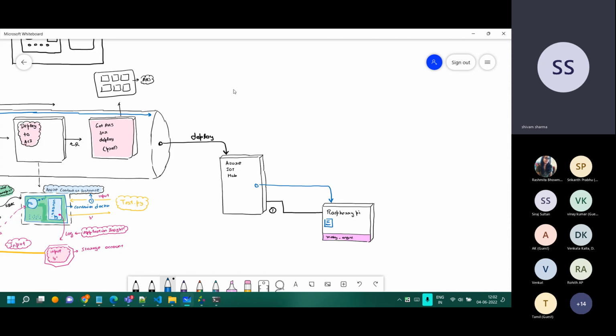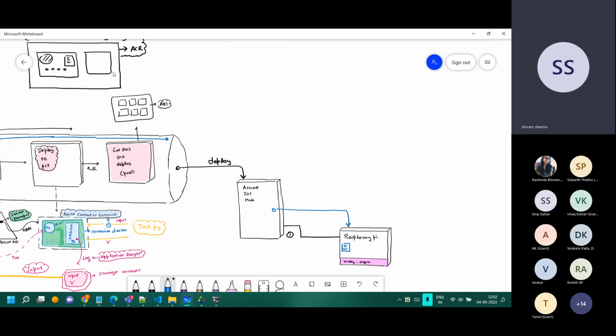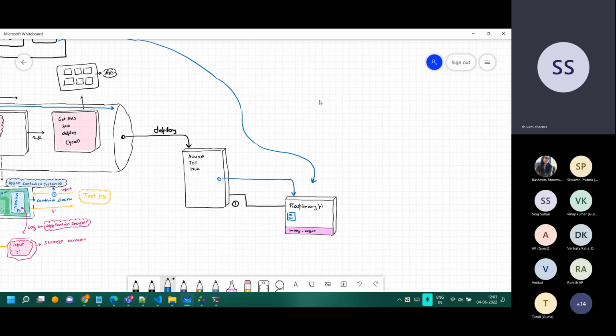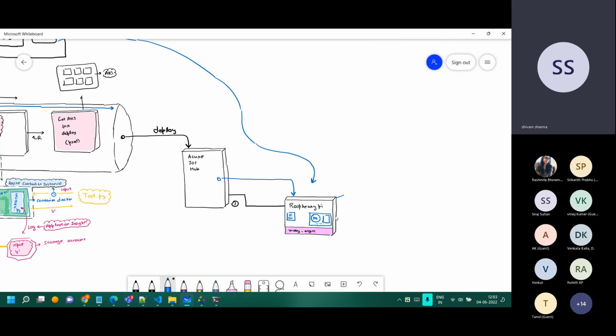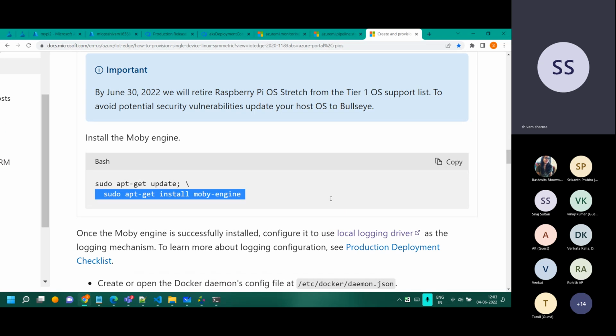If everything is correct, the images will be pulled from here, the images where all the stuff is, and with those images the containers will come up here. So this is where the model will be running somewhere over there. Maybe there is a camera module, so we call them modules. We have to design the modules over there. So how do we do that, right?